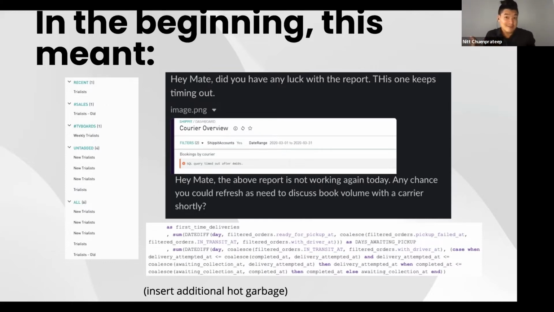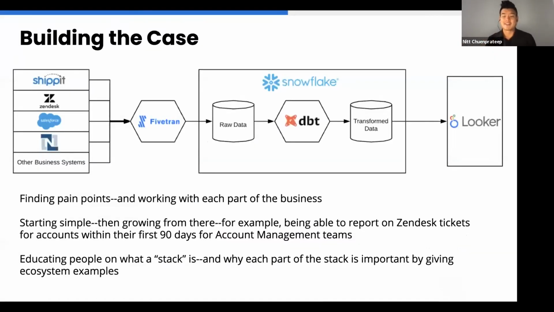Are they right? Well, you can write it, but is it the way that you would write it? Not too sure, right? So therefore, I had to build the case for saying, hey, guess what? Modern data stack, let's go. Let's try something new, right? Let's bring us into the new age, and give us the power we need to really power these delivery experiences and make them work for people, right?